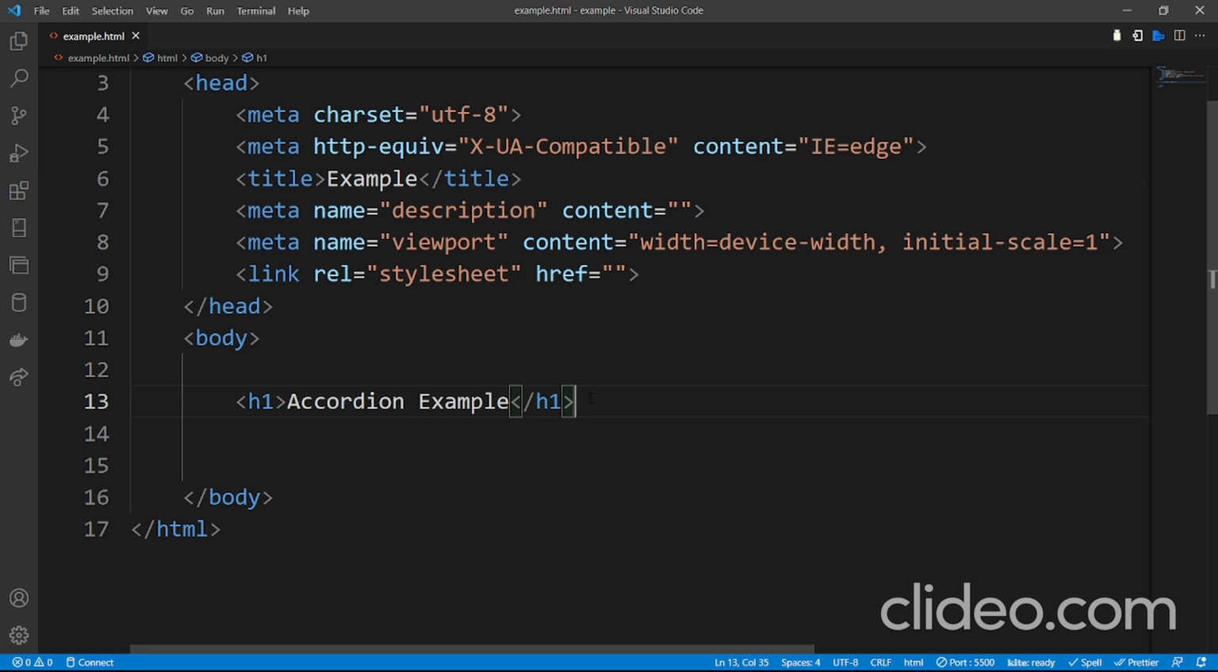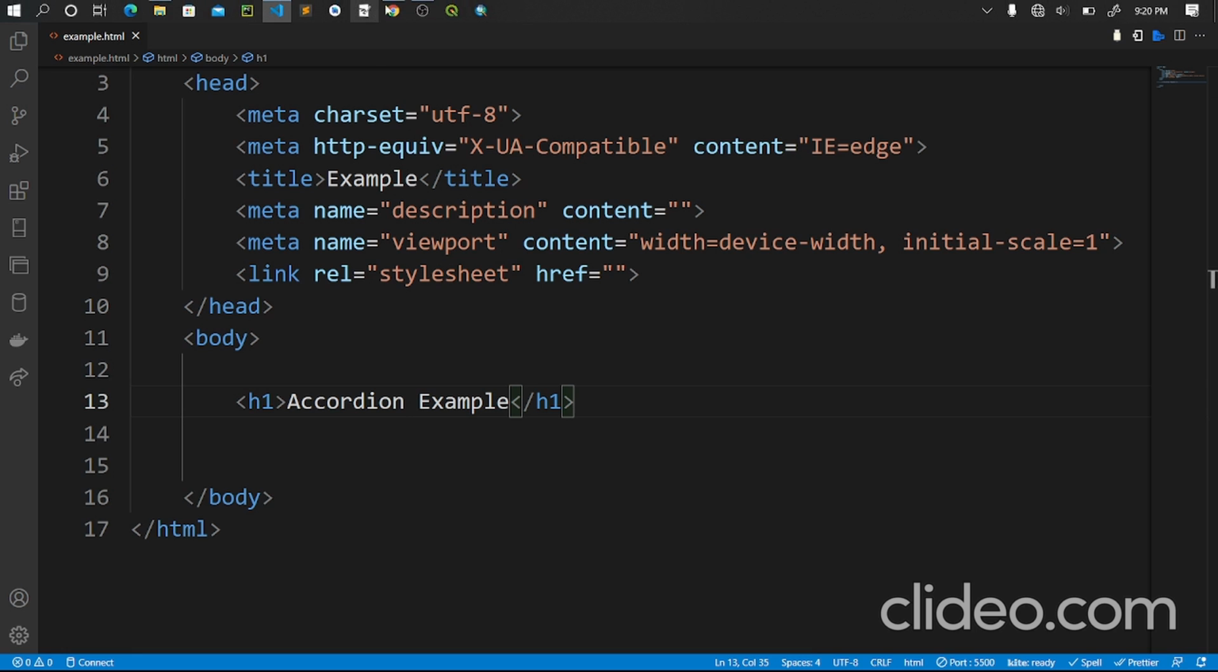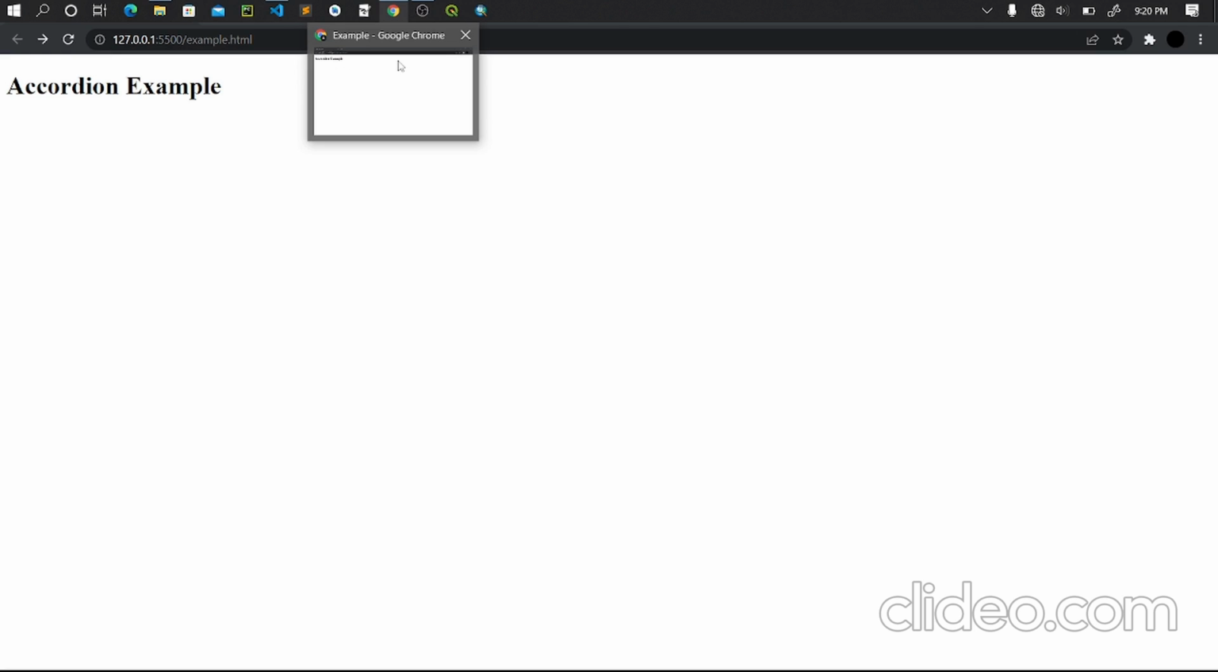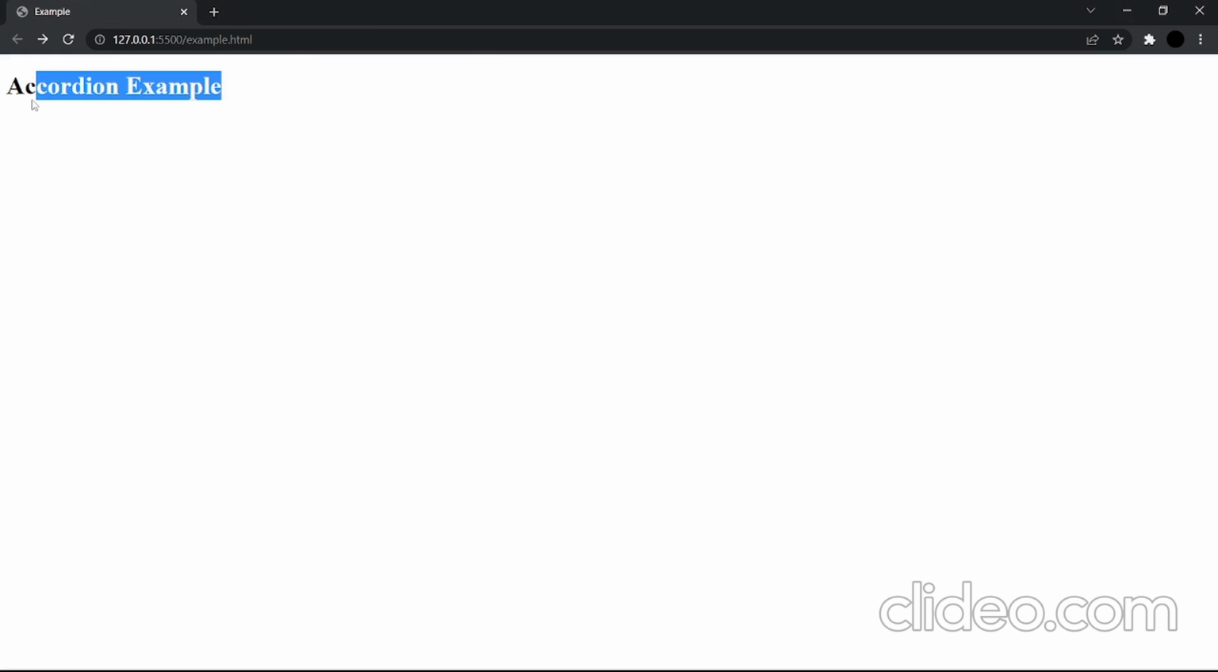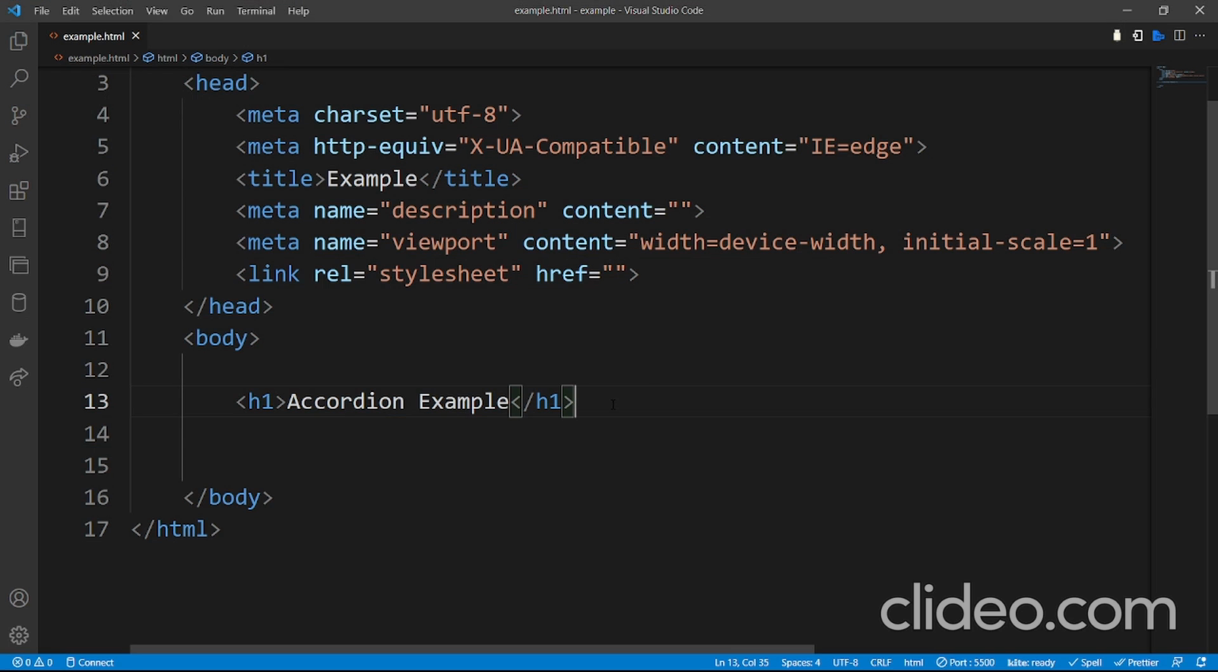Now, in my body section, I have an H1, and the H1 has a text called accordion example. Let us view in the browser and see what we have. As you can see, we have an H1 with accordion example. Now let's go back to our VS Code and try to build this accordion and see what an accordion actually is. So below the H1,